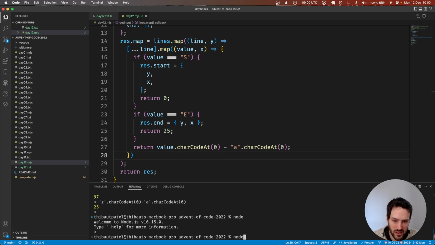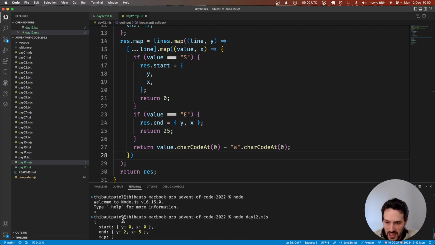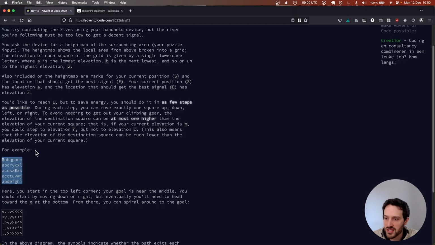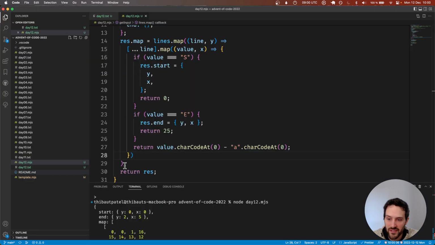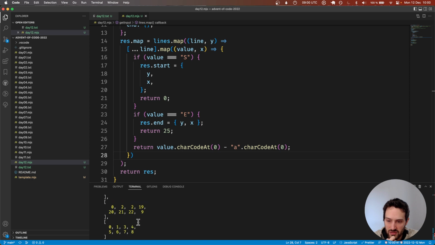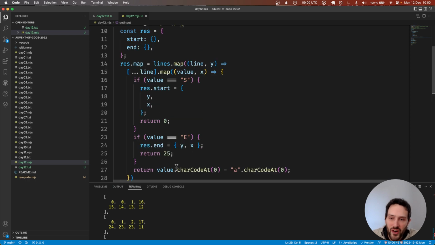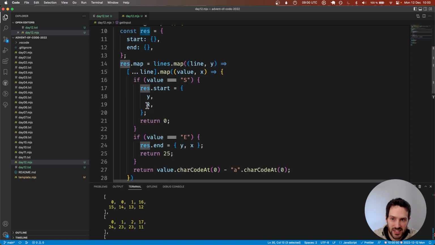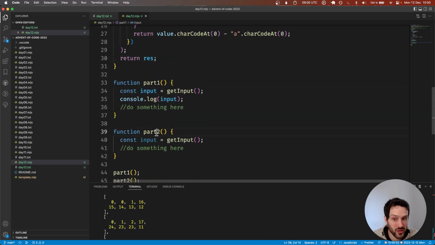Oops, we do this. We have the start 0 0, the end 2 5. Let's just make sure this is correct. 2 1 2 1 2 3 4 5. That's correct. And we have things that start at 0 and that goes to 25 is the biggest. So we have our parsing that works fine. It returns a new JSON object that we can use in part 1 and part 2. We can edit it, although today I don't think we need to edit it. Anyway,